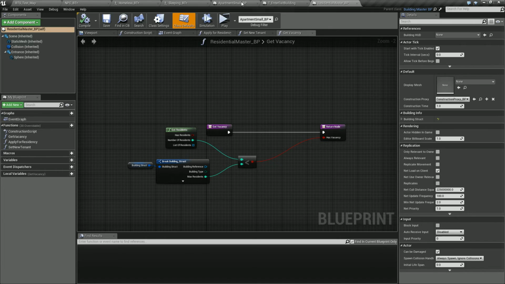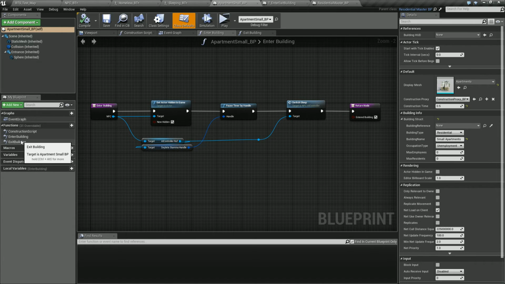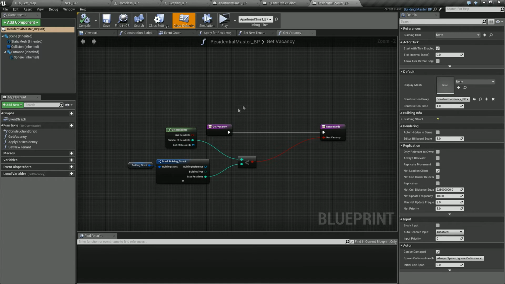The apartment does. See, here's the apartment. We got enter exit here, but the residential master doesn't have it. And this shack is a child of the residential. And I could have swore we tested the shack in the last episode. I'm just totally baffled of why that wasn't working. Apparently, maybe I don't know. That's baffling me. Anyways, so what we need to do, and I'm not going to do it on camera, is